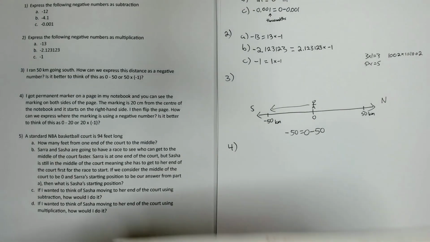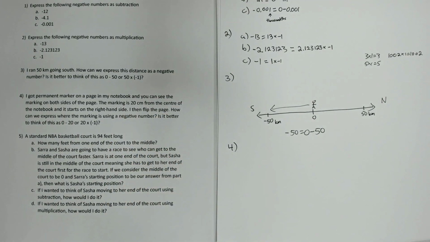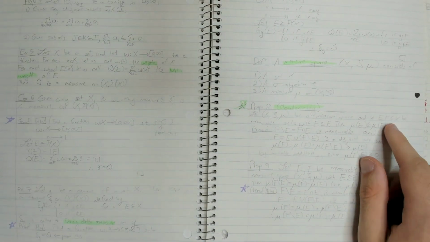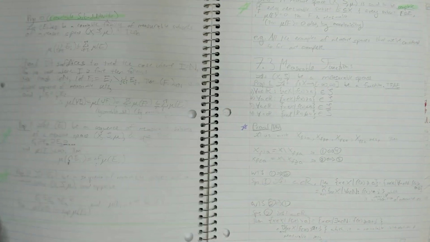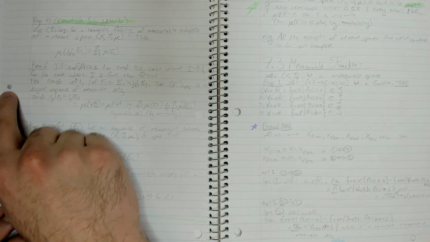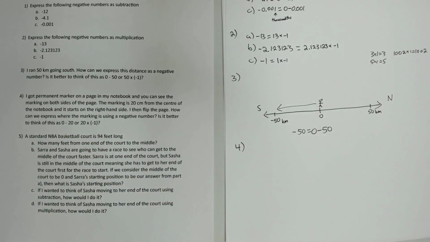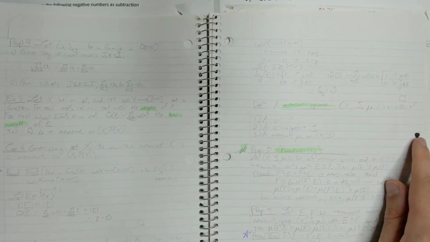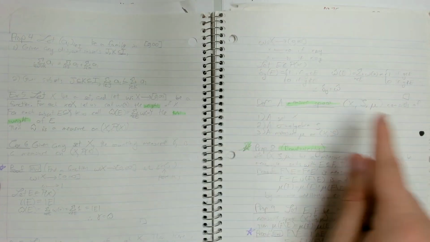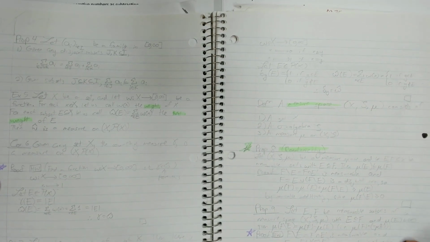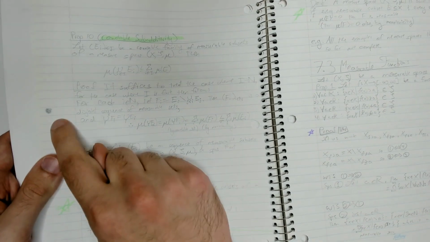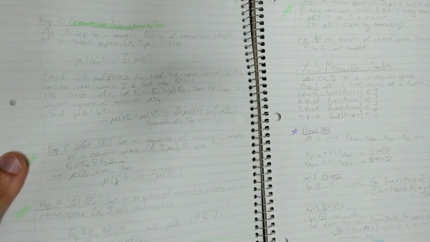In any case, it says the marking is 20 centimeters from the center of the page, and we start with it on the right-hand side. So just like it is right here, it is on the right-hand side, but when we flip the page, it's kind of off there, but you can see it's moved to the left-hand side. So it's asking, how can we express where the marking is using a negative number after we flip the page? If we think of the page right here, this is like position 1. If this is 0 and this is 20 centimeters, this is like positive 20. But when we flip the page, now the marking is at negative 20. If this is 0 and this was positive 20, now this is at negative 20. And the question's asking,